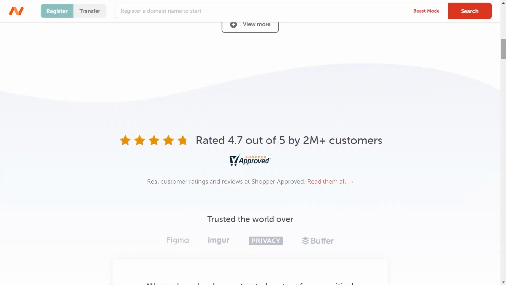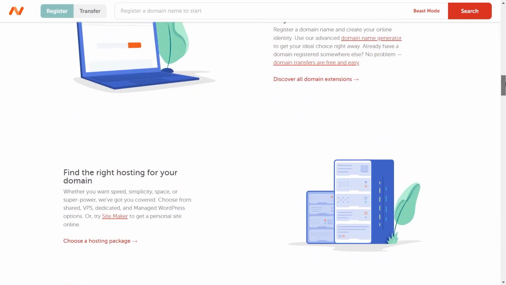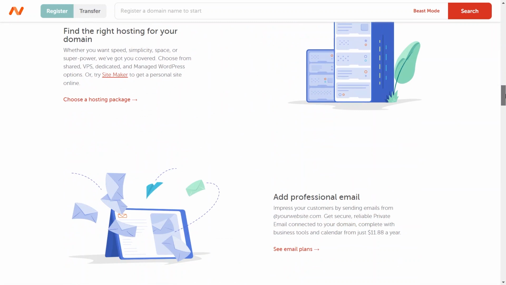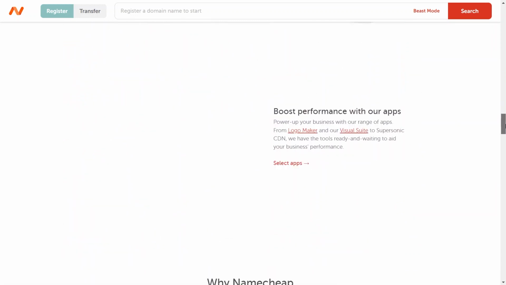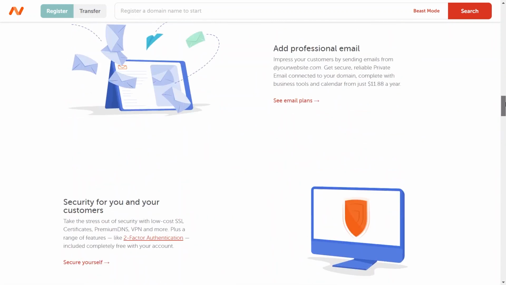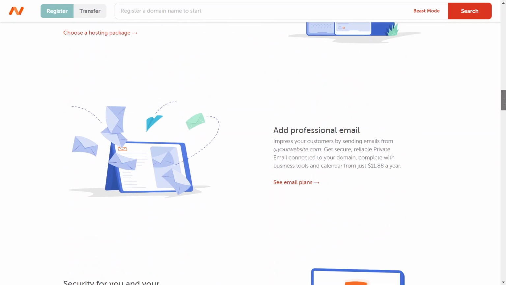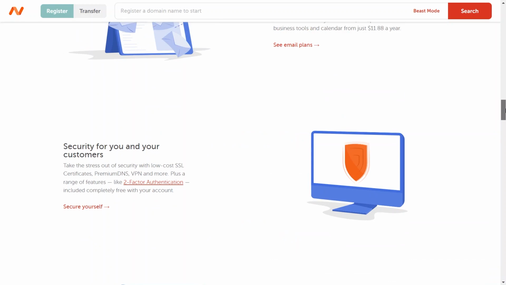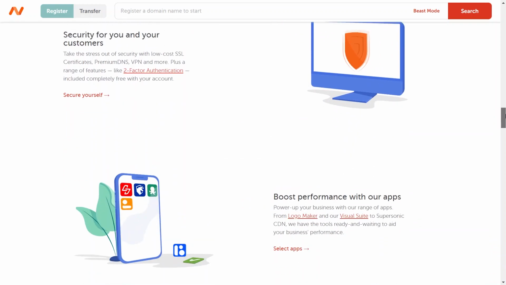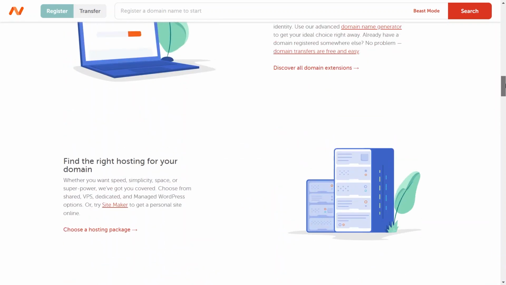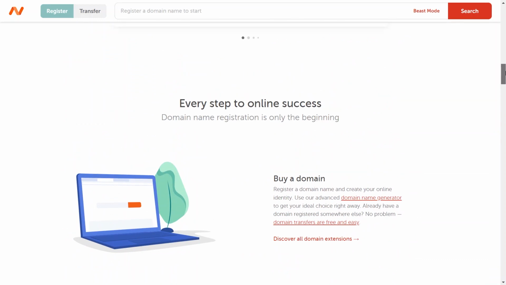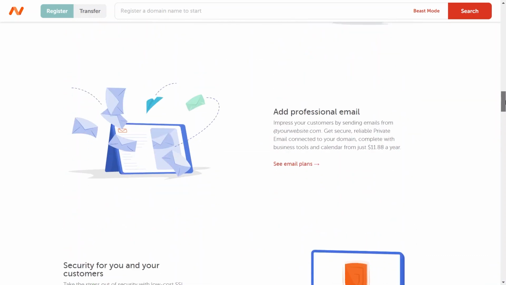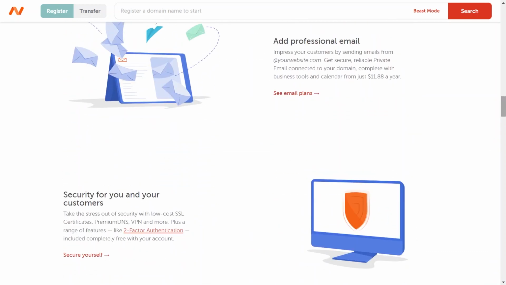Namecheap's intuitive dashboard allows you to manage your website efficiently, including tasks like setting up email accounts, installing SSL certificates for security, and accessing website analytics. Regular maintenance, such as updating your content management system and backing up your website, helps ensure its security and stability. If you encounter any issues or need assistance, Namecheap's 24/7 support team is available to help via live chat, email,